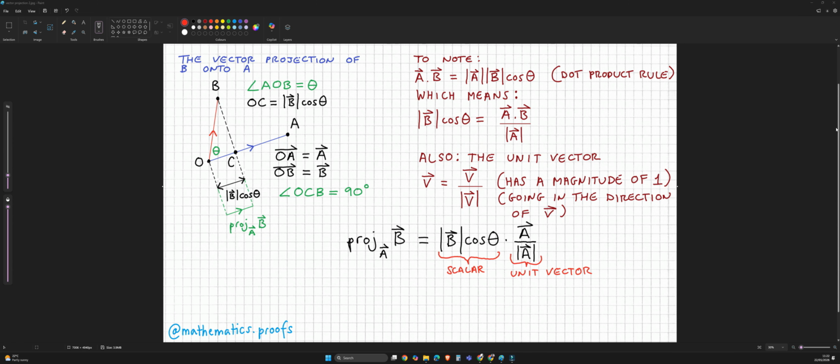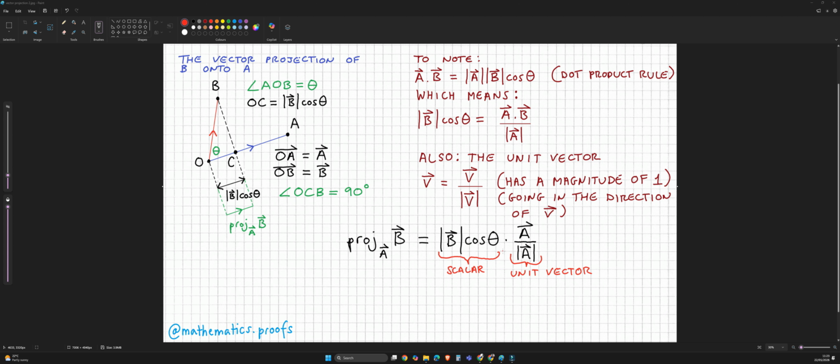Based on all of the information that we've obtained, it is clear that the vector projection of B onto A is the magnitude of B times cos theta, which is a scalar quantity, which we see to the left, multiplied by the unit vector, which has the direction A, and that is over the magnitude of A. Okay, so what we are saying is go in the direction of A by the amount, the magnitude of B